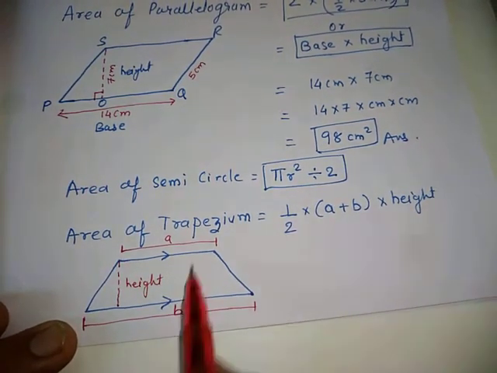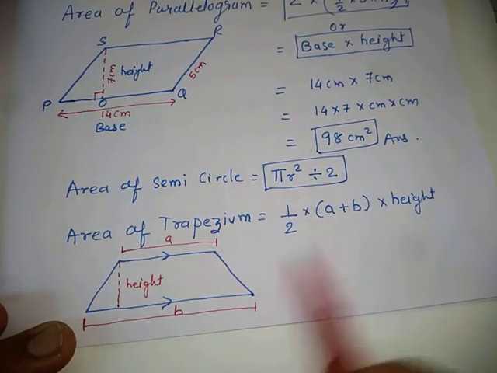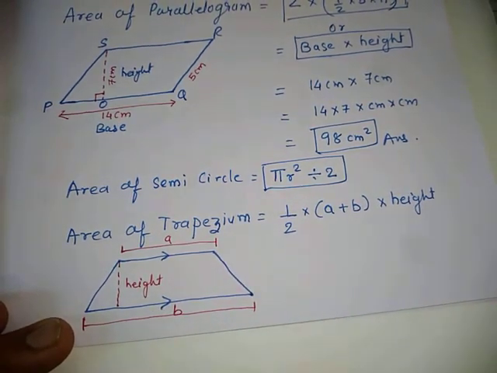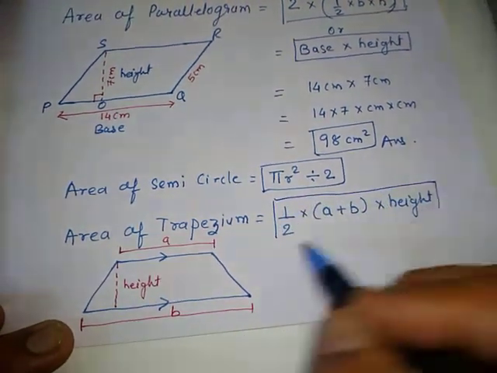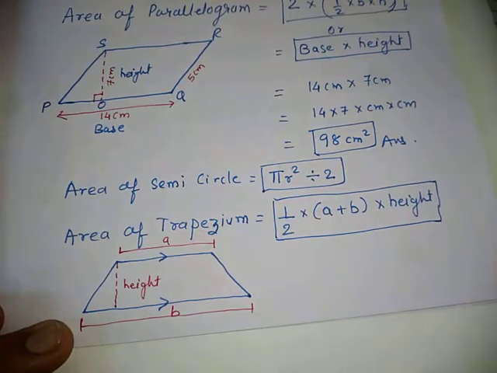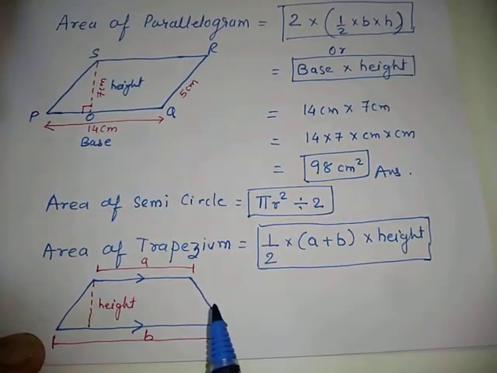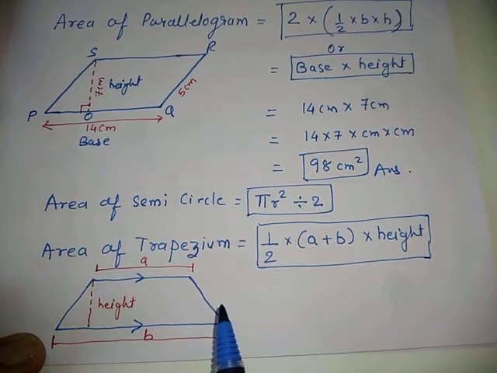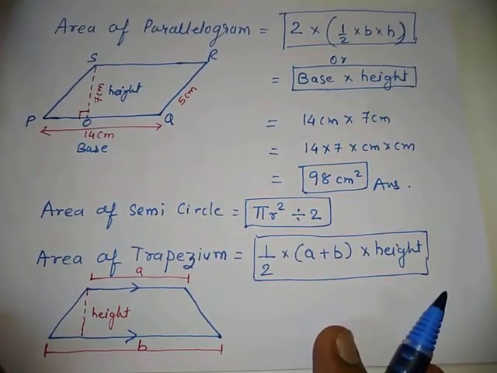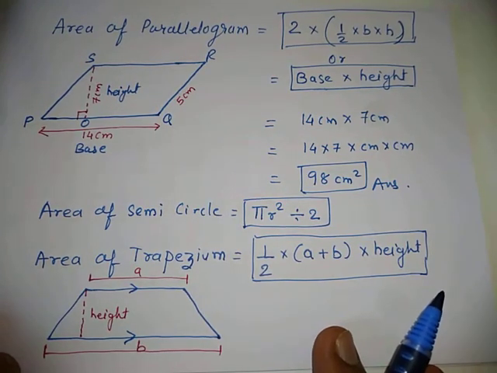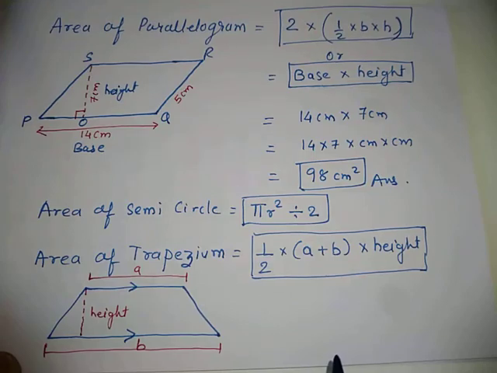Concept clear? Measurements are given, so we can place them in the given formula and get the area of trapezium also. So many formulas are there. We will slowly and gradually learn using the sums given in the textbook. Okay, friends? Hope this much is clear to you all. We proceed to our exercise, and before that, perimeter of different shapes.